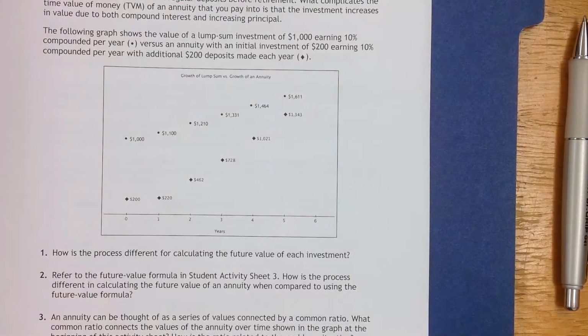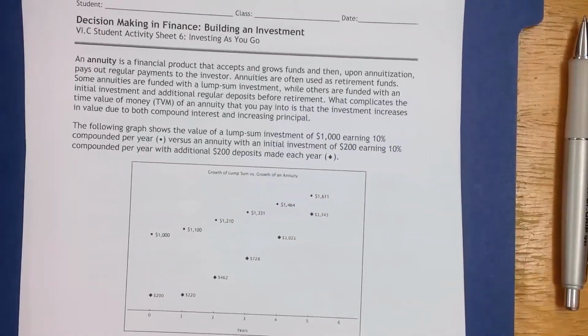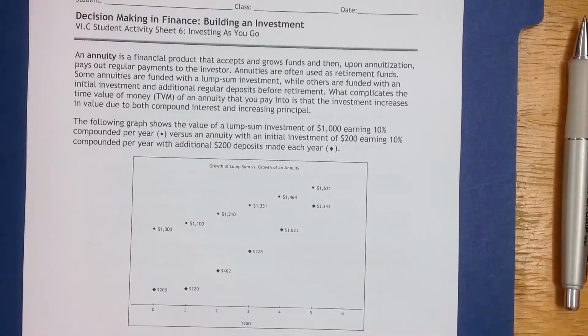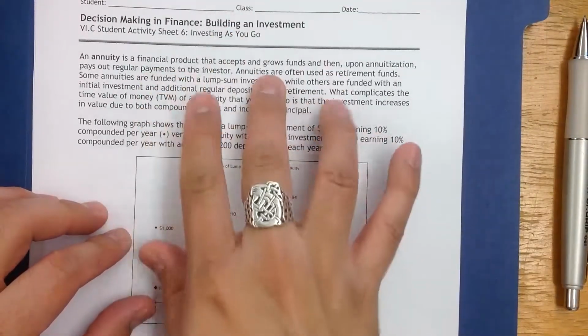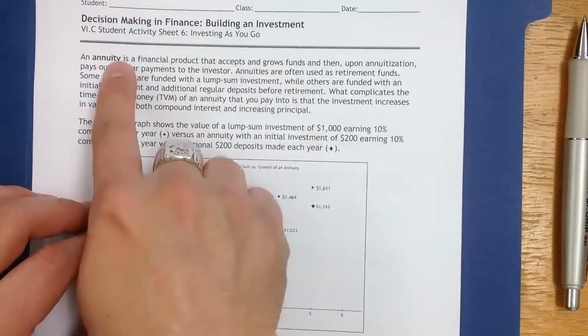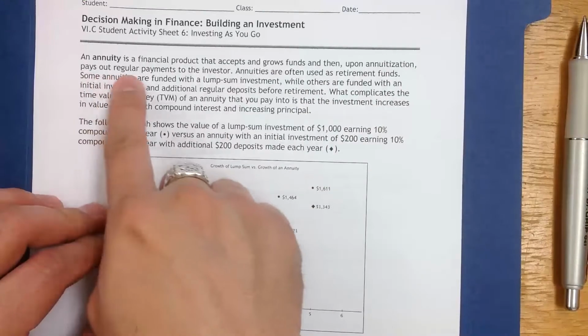Mr. Least from AQR. So we're going to be learning a little bit about annuities today. So an annuity, basically you have two types of investments. You have something called the lump sum investment, and then there's an annuity. An annuity is a financial product that accepts growing funds and then upon annuitization pays out regular payments to the